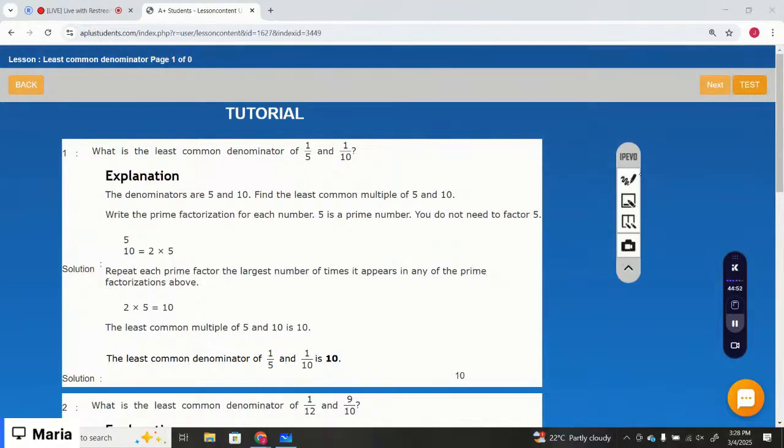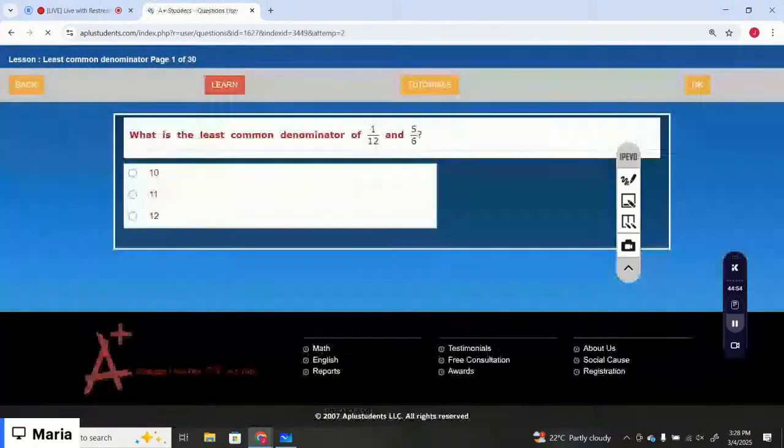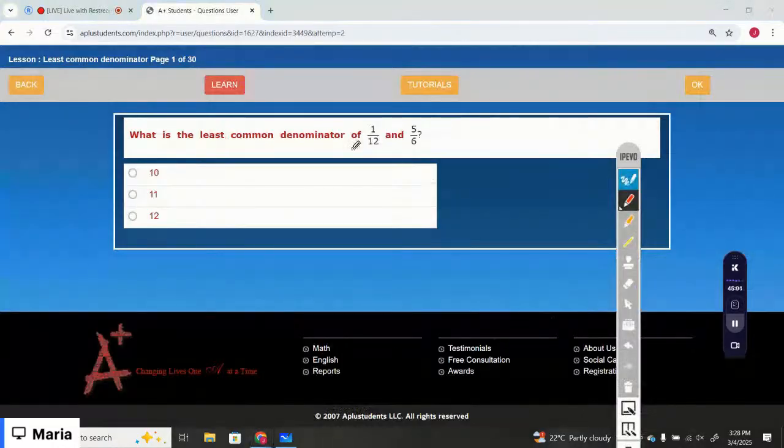Let's just start with the test questions. What is the least common denominator of 12? So let's just look at the denominators. They are 12 and 6. Let's just write down the prime factors of 12. The prime factors of 12 are